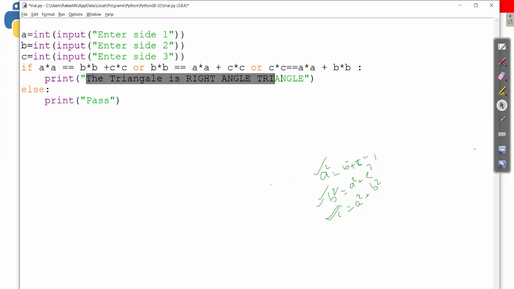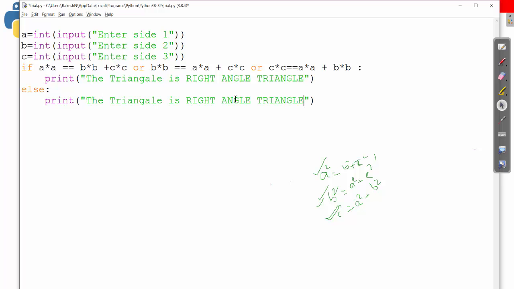Otherwise I'll write that it is not a right angle triangle.